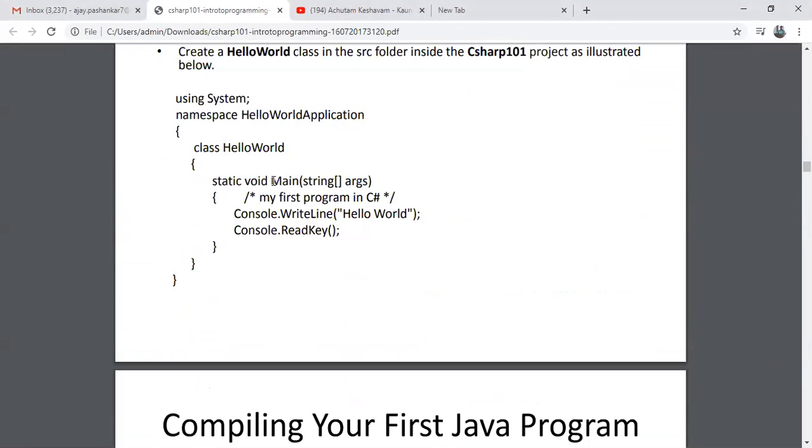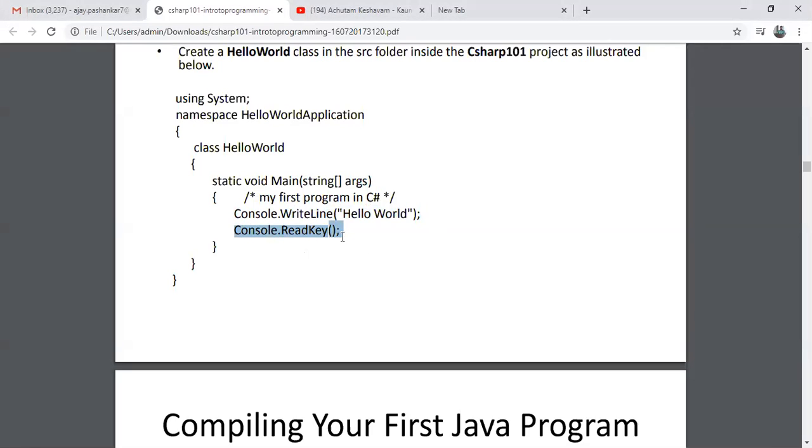But note one thing: M is capital while writing Main. Then string we have taken as a data type, but S is small. So note the changes. In Java we use System.out.println or Scanner for input. Here we are using Console.WriteLine, hello world, and then we have Console.ReadKey.